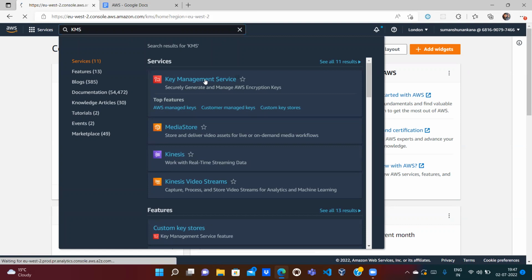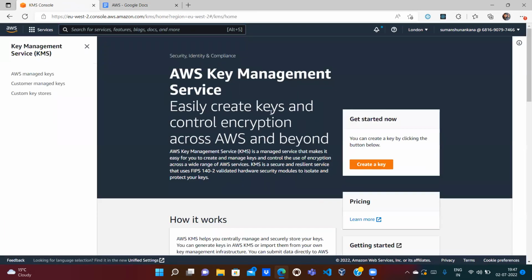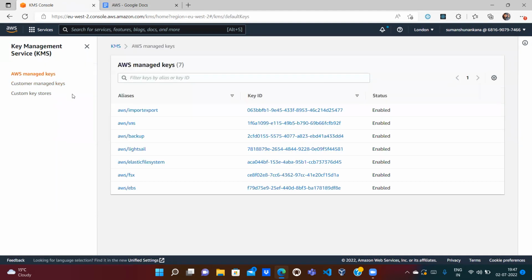So if you open it, this is the key management service. So easily create your keys, control encryption across AWS and beyond. On the left hand side, you can see three options: AWS managed keys, customer managed keys, and custom key